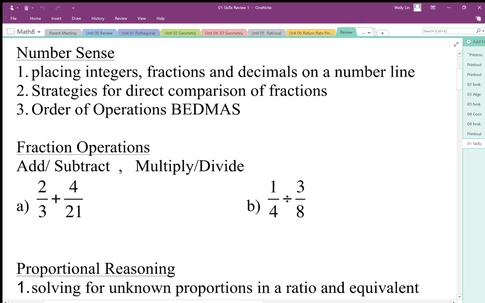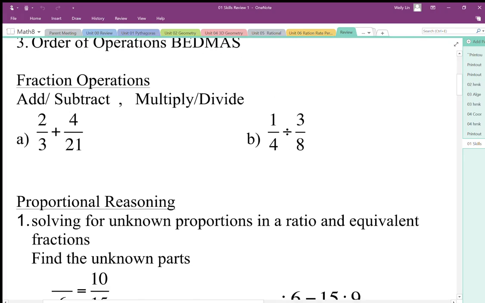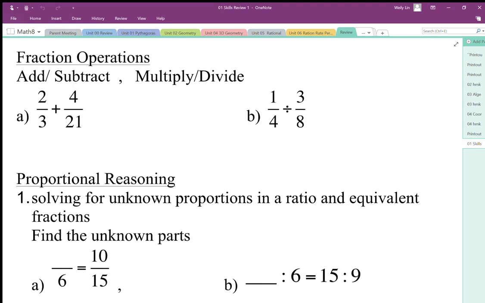So we'll start with practicing some fraction operations, so add, subtract, multiply, and divide fractions. So when we're adding and subtracting fractions, we need a common denominator. So we look at the denominator and we can see that they share a common factor of 3. This one is missing a factor of 7, so I need to multiply the bottom and the top to make sure that it balances a fraction. Once I've done that,